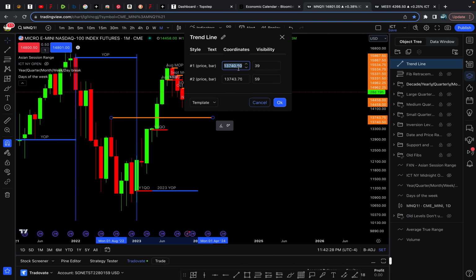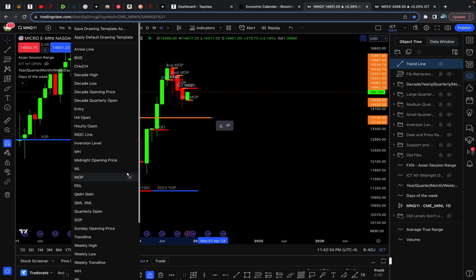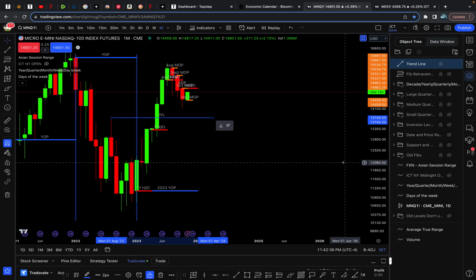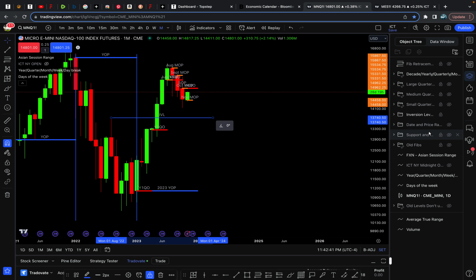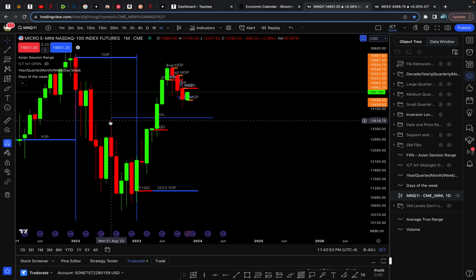I know I'm taking up a little bit of video time on some of this stuff, but you can also see a little bit how I organize. Like, I've got my inversion levels right here. But yeah, definitely want to note, and I know I just called it simply an inversion level. I could say...